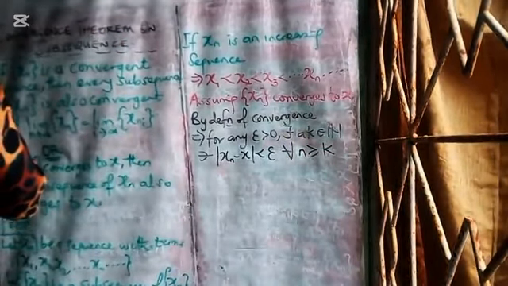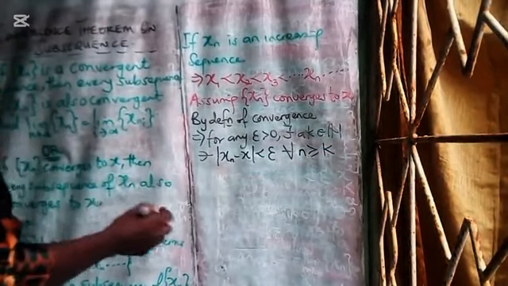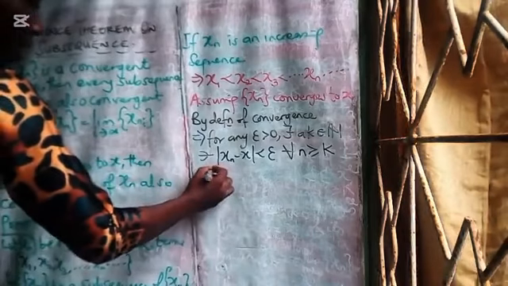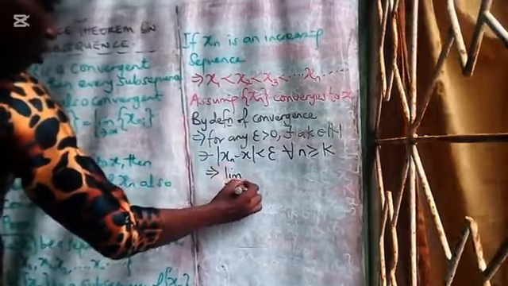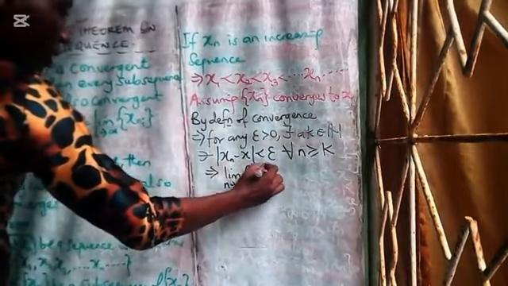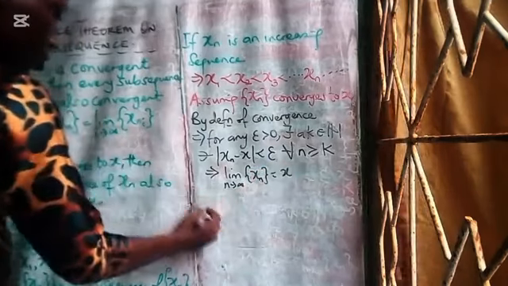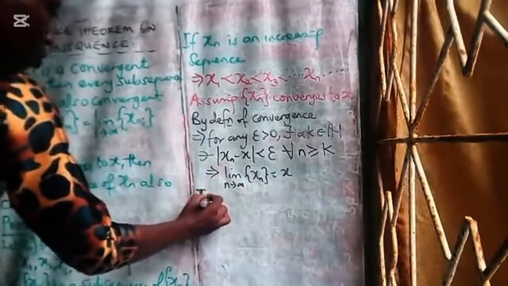Now, what do we want to show? Before that, this also implies that the limit as n tends to infinity of x of n is equal to x. We want to prove